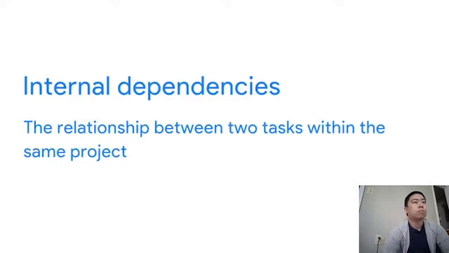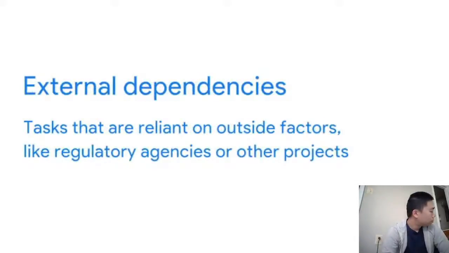External dependencies, on the other hand, refer to tasks that are reliant on outside factors, like regulatory agencies or other projects. For instance, if a construction company is scheduled to demolish a building site, they'll have to wait until their project is approved by the city. External dependencies aren't always in the project manager's control, but it's important to be aware of them so that the